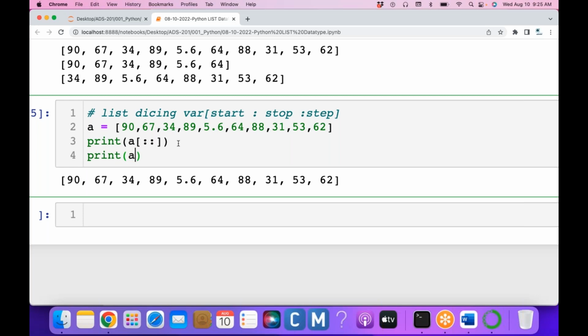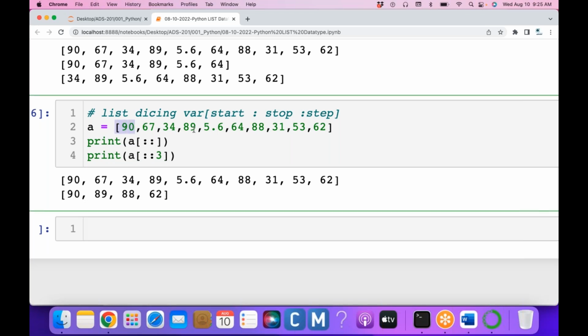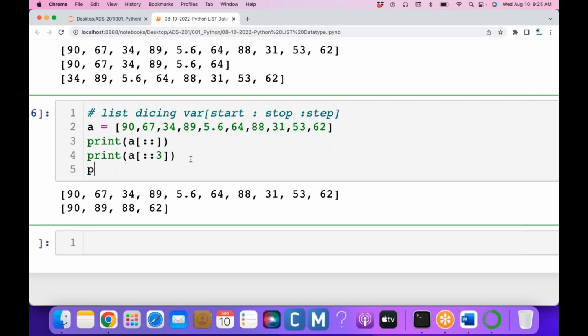So if I mention the step as 3, then from 0 to the end of my list, it will access every third element. That's the reason after 90 the third element is 89, after 89 the third element is 88, and after that the third element is 62. Okay,